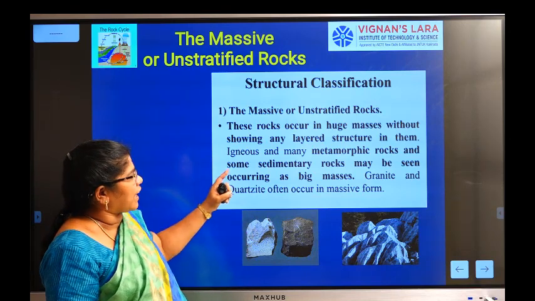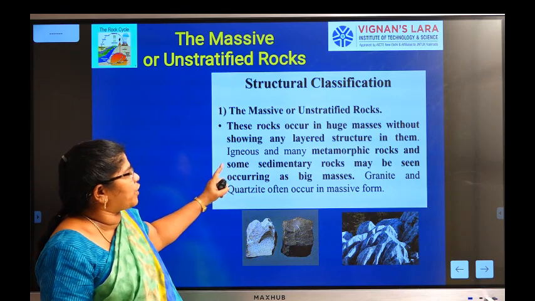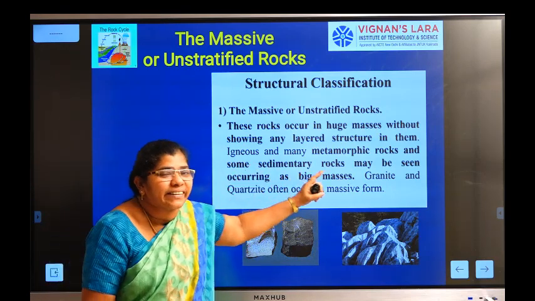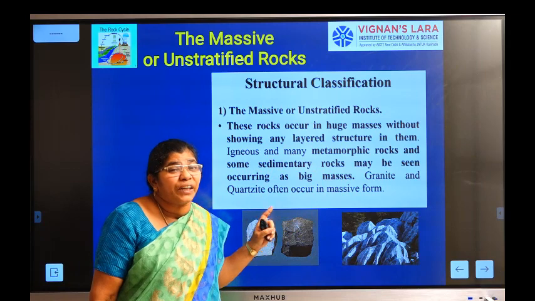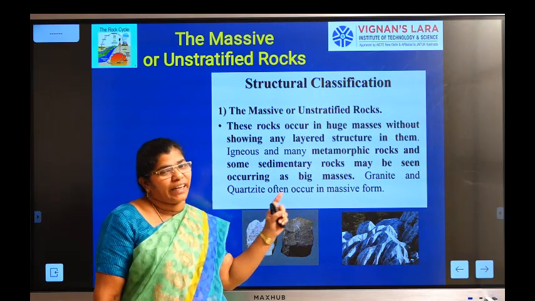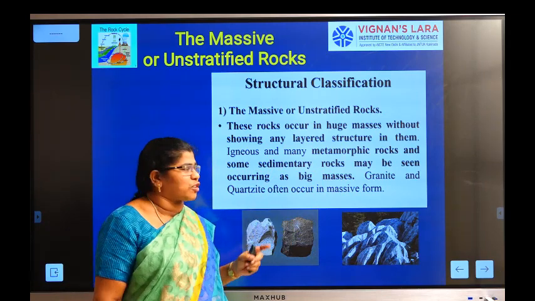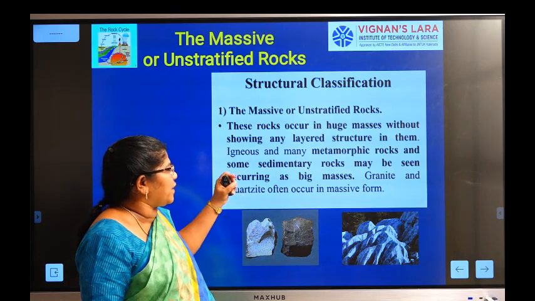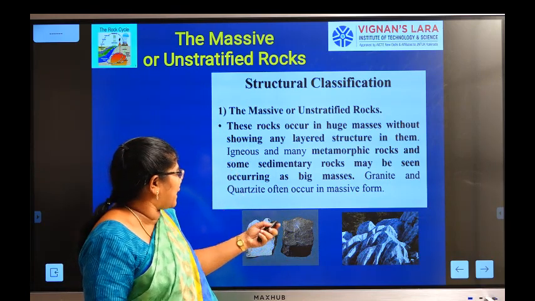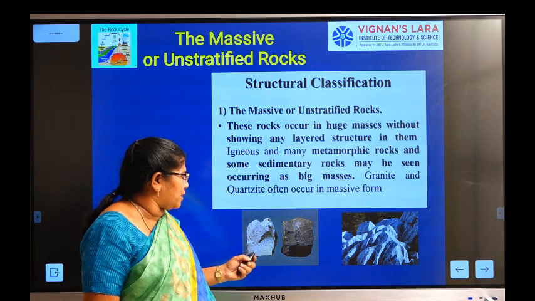So the rocks that occur in huge masses without showing any layered structures in them, without showing any layered surface, are igneous rocks. The first formed rocks are mostly the igneous rocks, and sedimentary rocks in some cases may be seen. Granite and quartzite often occur in